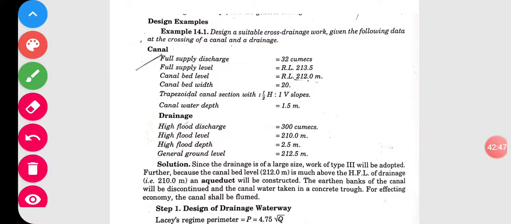So remember, once again I am repeating, in the design problem only accurate design will be asked, nothing else will be asked. Therefore this is the only method of solving the problem. Okay, design problem. So with this I will conclude.